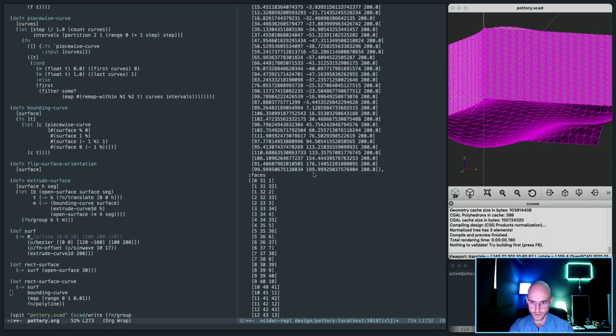Okay, so for this to work, all I actually need to do is get the faces, and then per face,